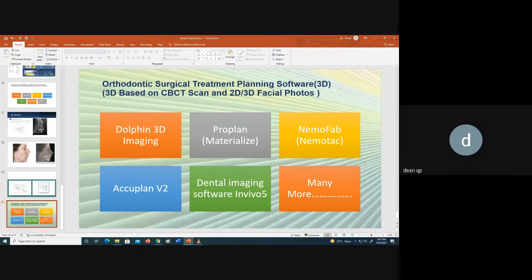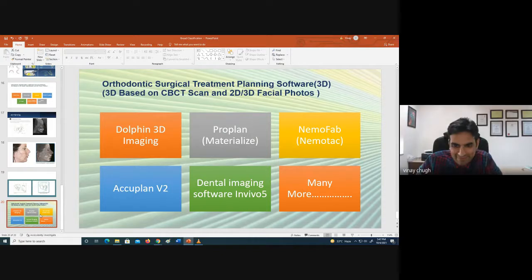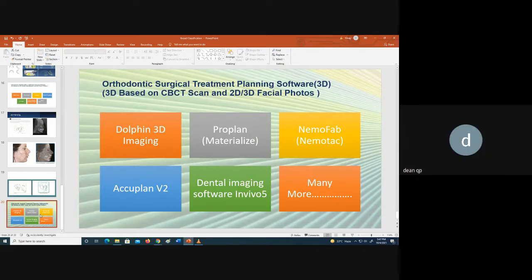Thank you, Dr. Vinay. It was an excellent lecture, very well demonstrated about the Dolphin software. The rest of the softwares we'll be talking about tomorrow as well. There'll be more this week on surgical planning using different softwares, and also how to design the surgical jigs. With this, everyone will have a good overview of all the softwares. I thank you, Dr. Vinay, and if there are any questions from the participants, they are welcome.